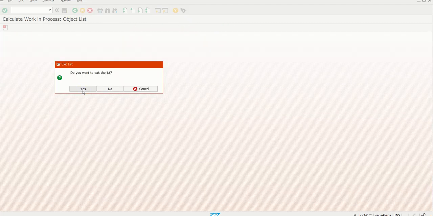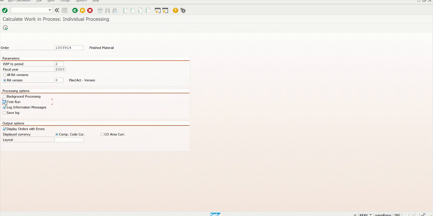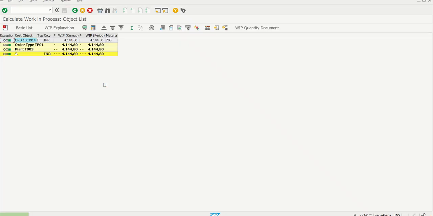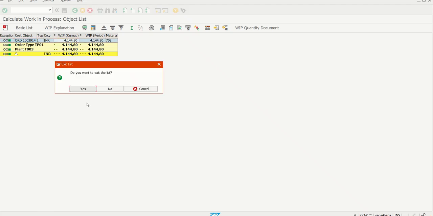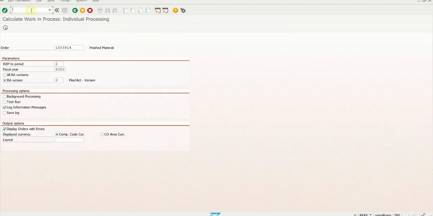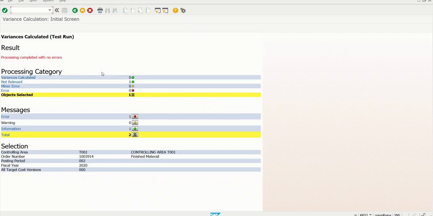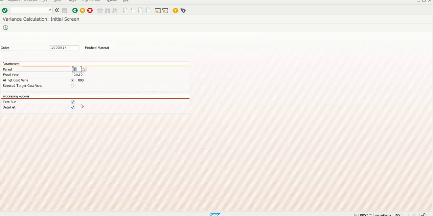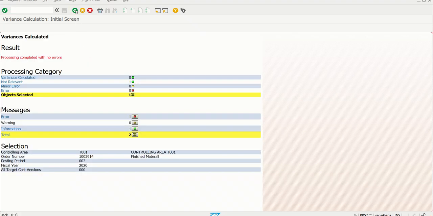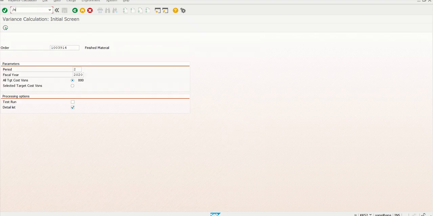Okay, remove test run, execute. So WIP is updated. Now go to variance calculation, KKS2. We don't have any variance because the order is calculating WIP. Remove test run and execute.